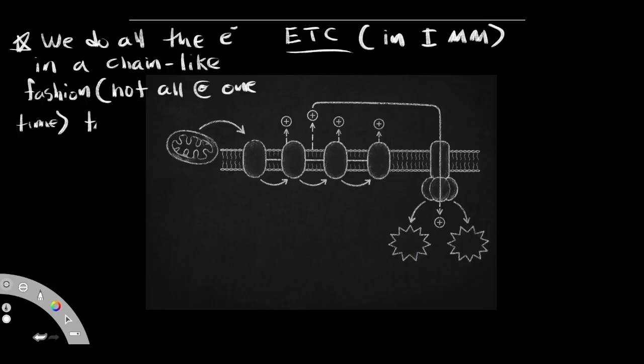To make it controlled. So in short, it's to transfer energy a bit and a bit and a bit at a time. Otherwise, it's too combustible, too much energy happening all at once, and it can be very damaging to your cells